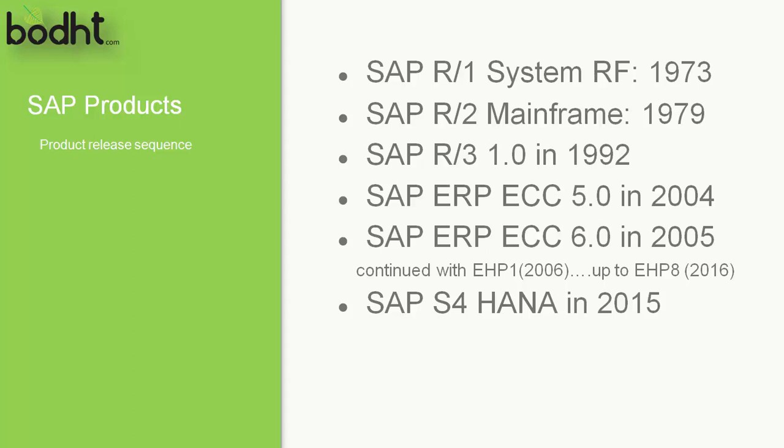But the majority of companies are using SAP ECC 6.0. They may have different EHPs, maybe enhancement package 1 or 2 or up to 8, but the majority of companies even today are on 6.0. And when we say enterprise solution, it can be on cloud or on premises. Especially moving forward, S4 HANA would be majorly on cloud, and even if companies want to have it on premises, that is also a possibility.